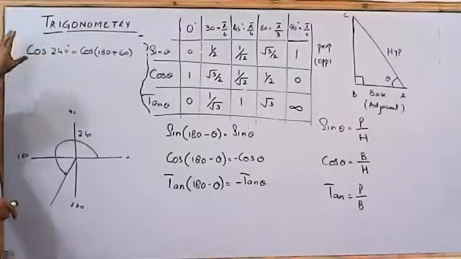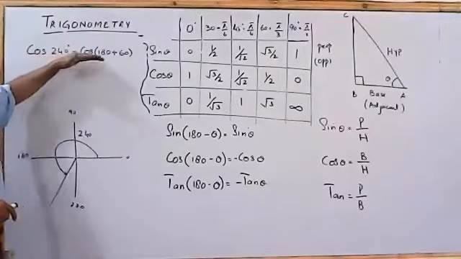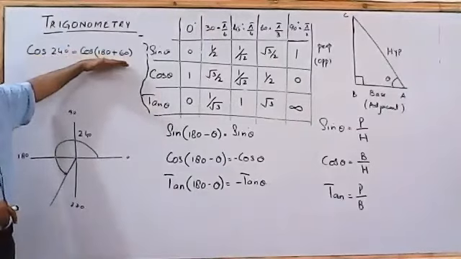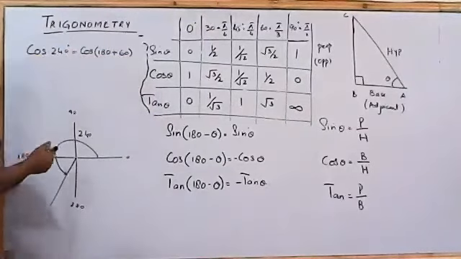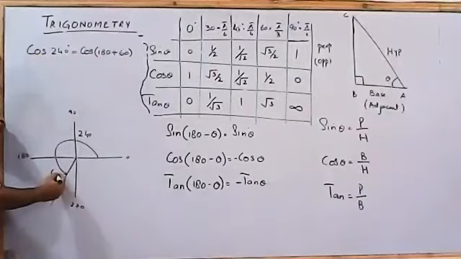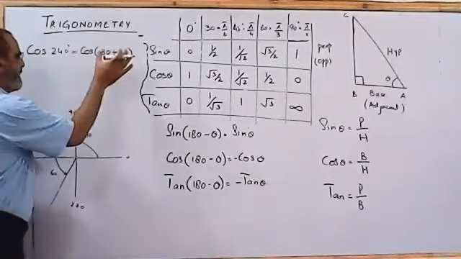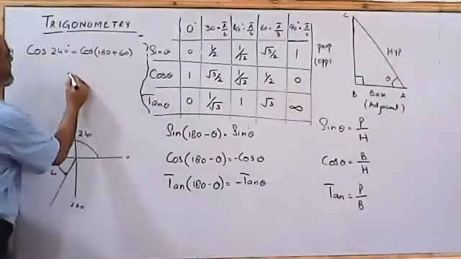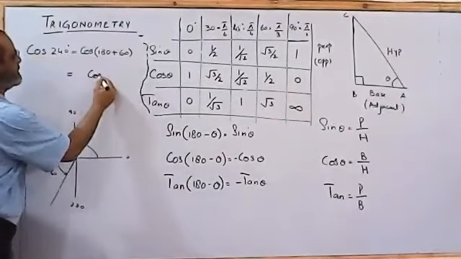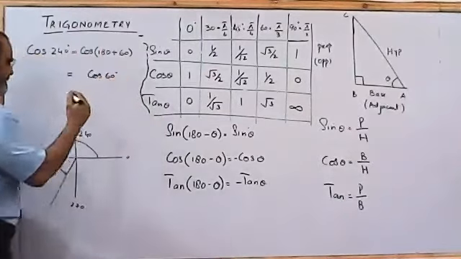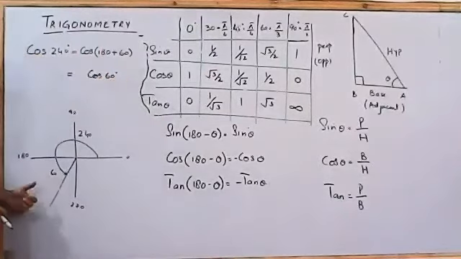So instead of writing cos 240, I have written cos 180 plus 60. The 180 plus 60 means 180 plus 60 degree. Now it lies in third quadrant. So instead of writing 240, I can write it as cos 60 degree. But because it lies in third quadrant,